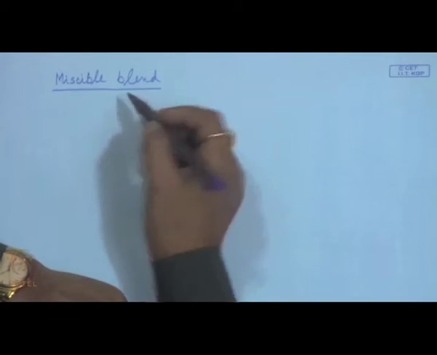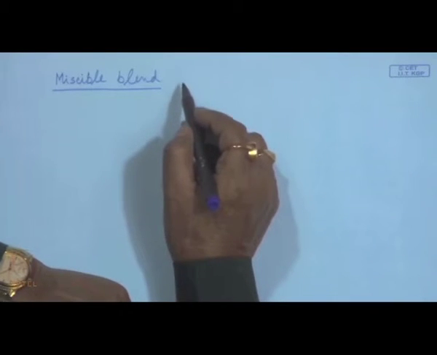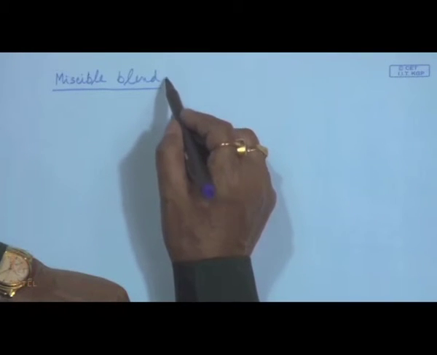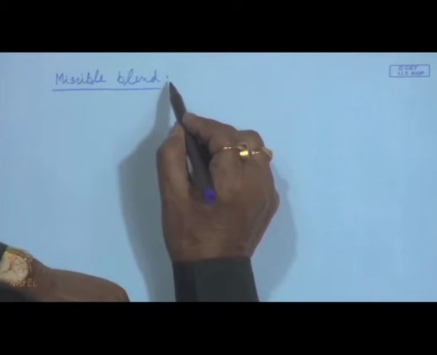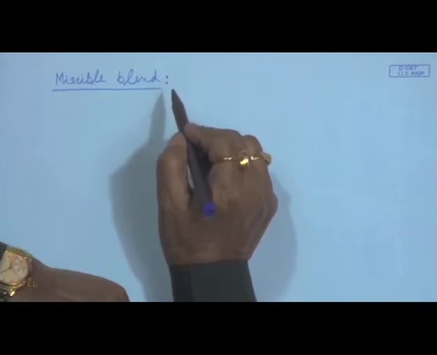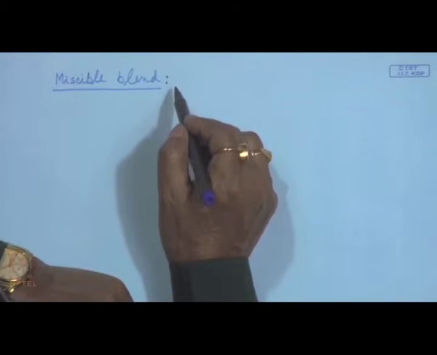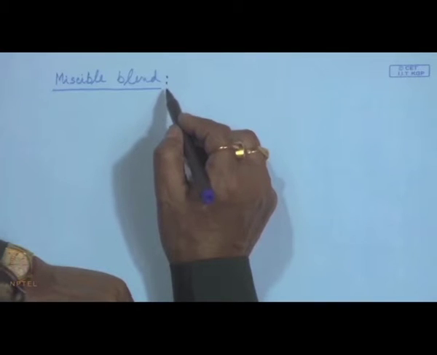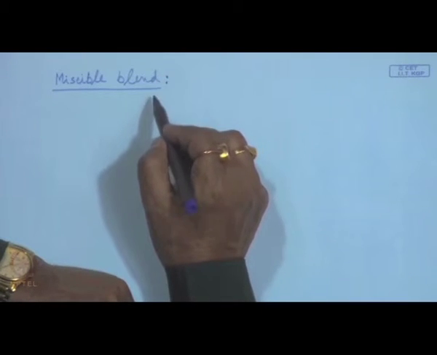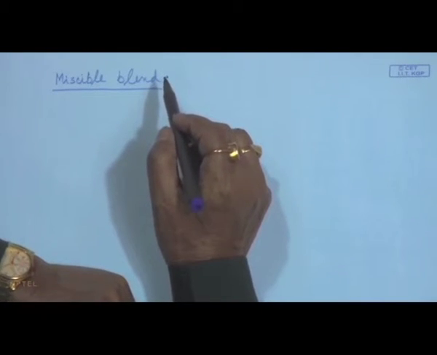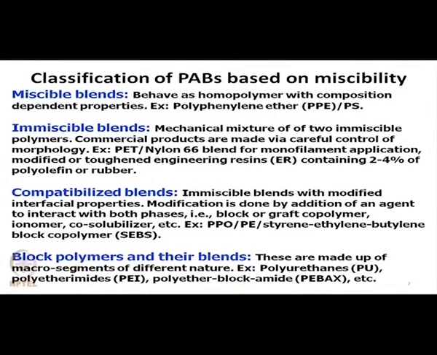This miscible blend should behave like a homopolymer. That means, it can be considered as a substitute for a homopolymer, at the same time having a higher level of properties over those of homopolymers, as well as development of newer properties which are not available in the homopolymer,